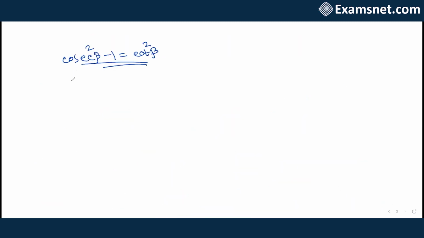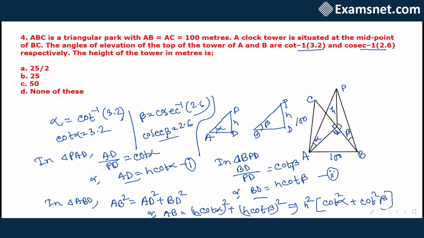So here 2.6 whole square minus 1 will give us the value for cot square beta. Okay, we will keep it like this, and we won't do further calculation. We'll do it in the equation itself. So let's write it down. AB square equals to, I missed writing that square in this line. So here AB square equals to